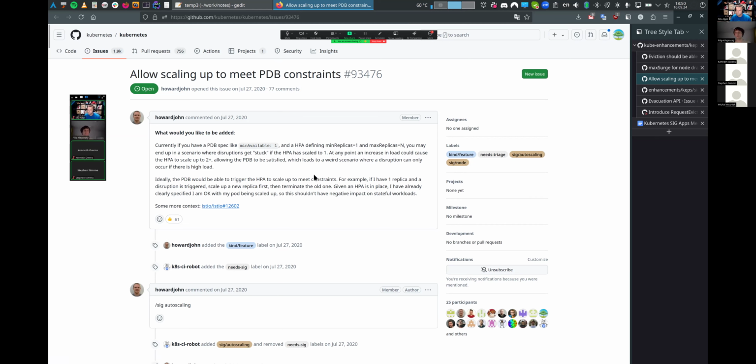But the user, when they set up an HPA, doesn't expect there will be disruption, because they expect that this will autoscale. In that case, you cannot actually define a standing PDB because the scale of the application is changing every time, and when it goes to one, these applications, if they are without a PDB, will be disrupted. So for these use cases, it would help to actually have such extensibility.